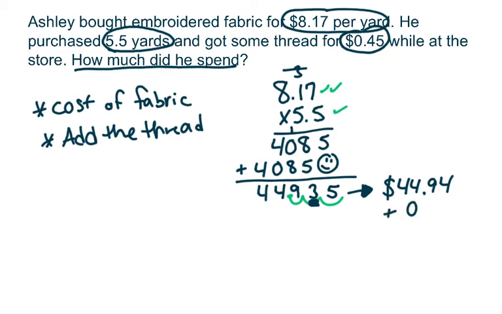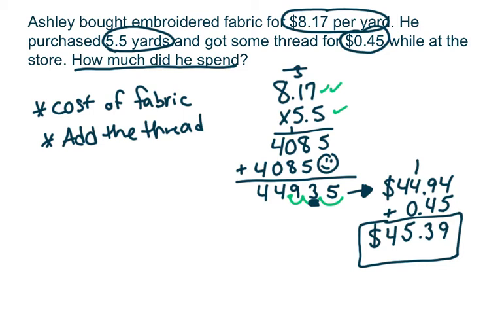So I'm just going to grab that 45-cent thread and add it on. 4 plus 5, 9 plus 4, 4 plus 1, and 4 plus nothing. The cost of the trip was $45.39. If we want to use estimation to check the reasonableness of our answer, we'd want to round that $8.17